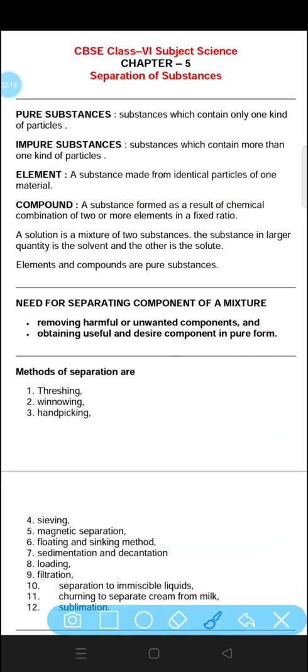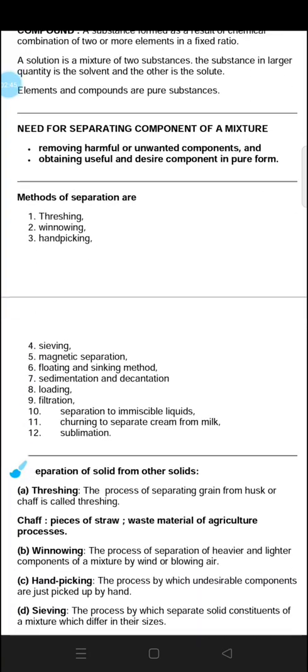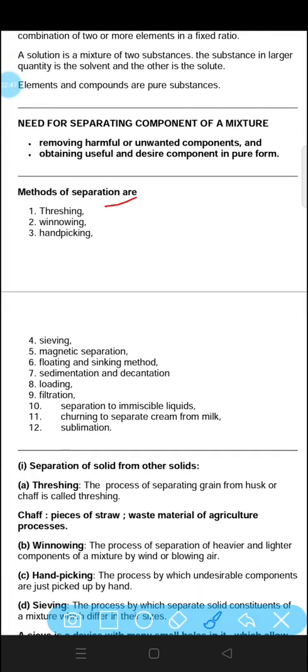Now next is needs for separating components of a mixture. Removing harmful or unwanted components. We need to separate materials because we need to remove the harmful or unwanted components. Second one is obtaining useful and desired components in pure form. If you want to get any pure form of any substance, then we need to separate it from the impure one. Now methods of separation are, there are different methods of separation like threshing, winnowing, hand picking, sieving,